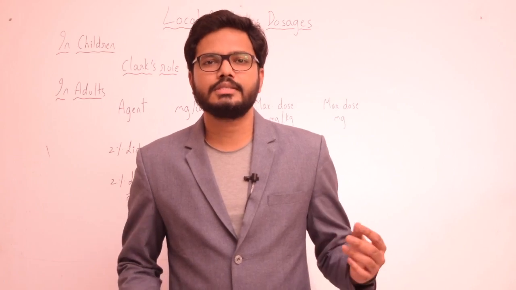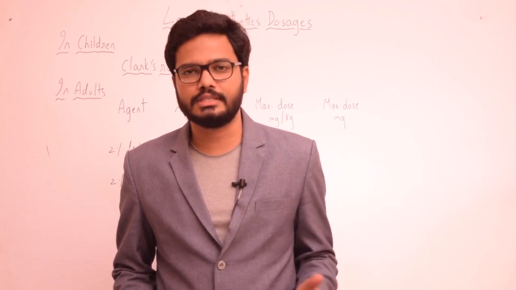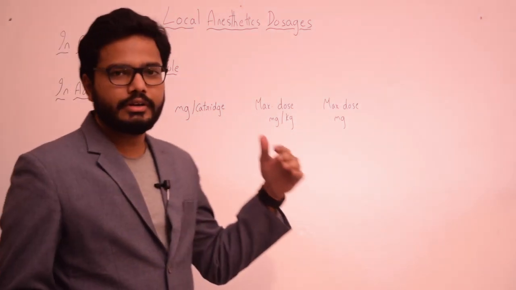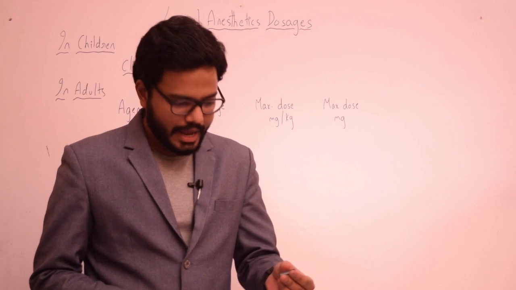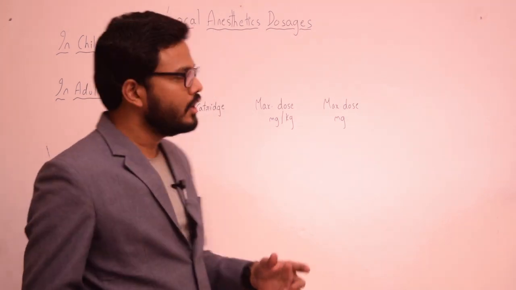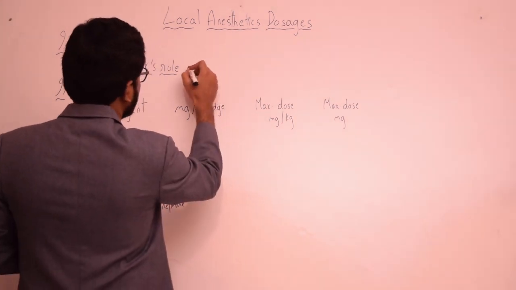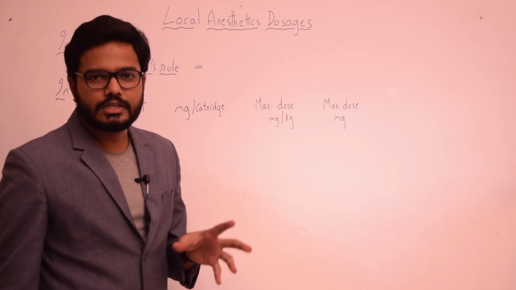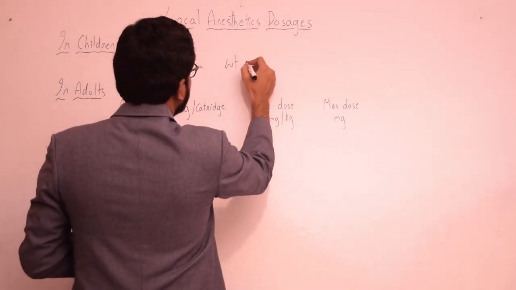In this video, we'll discuss a few important points pertaining to local anesthetic agent dosages. Local anesthesia dosages vary in children as well as in adults. In children, in order to calculate the maximum safest LA dose, we have a formula given by Clark's formula or Clark's rule, according to which the maximum pediatric dosage of LA is equivalent to the weight of the child